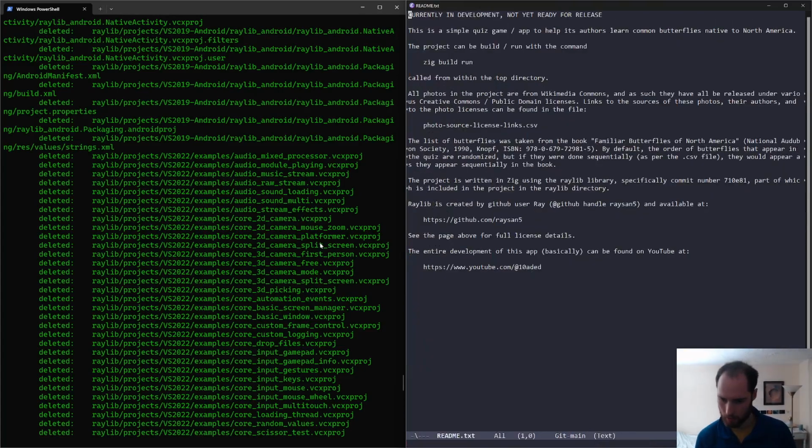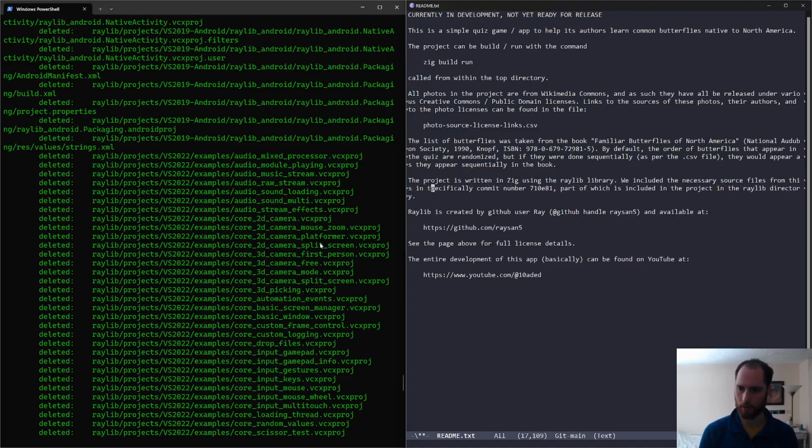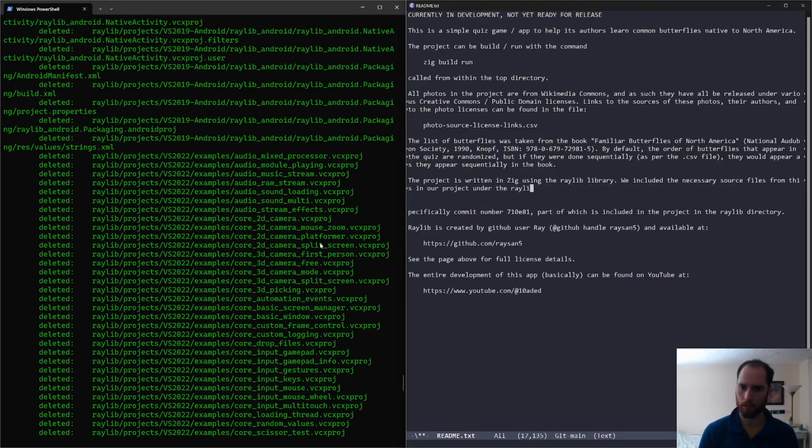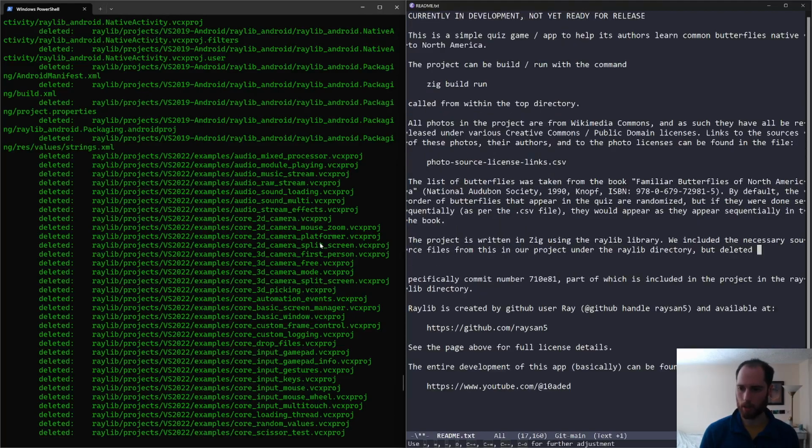So we want to say, the raylib library: we included the necessary source files from this in our project under the raylib directory, but deleted unnecessary